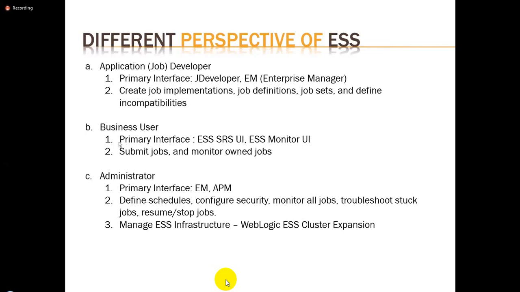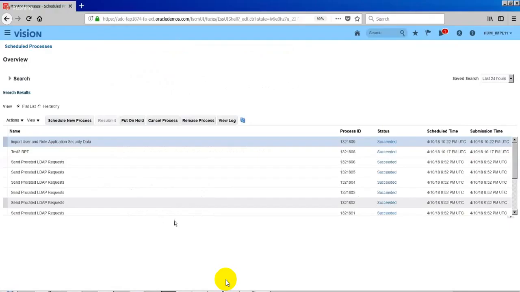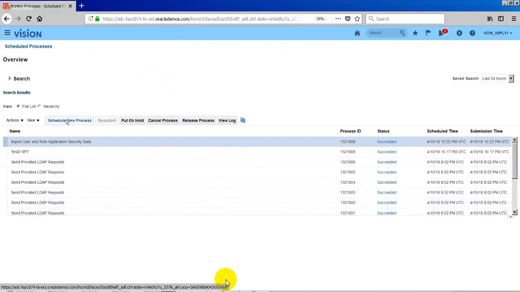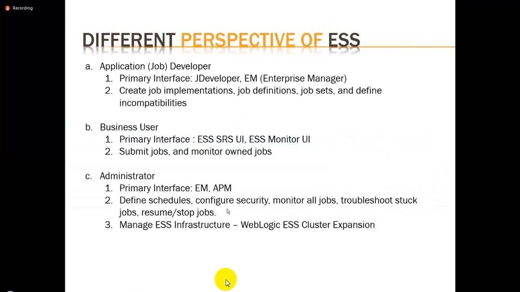Sometimes we can give access to the business user to schedule the jobs. If anyone has access to the screen, they can schedule a job here. But when they schedule the job, they can schedule only the jobs which this person has access to. In the case of the administrator, the administrator can schedule any jobs across the company, with full-level access. They can schedule DBA kind of jobs as well.